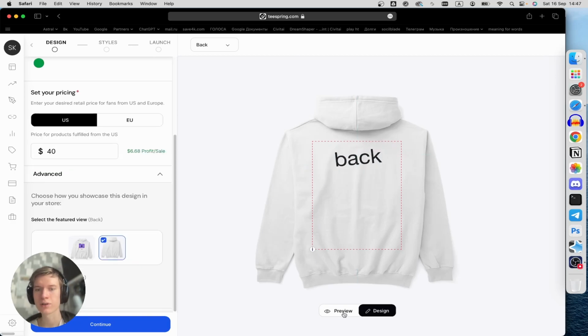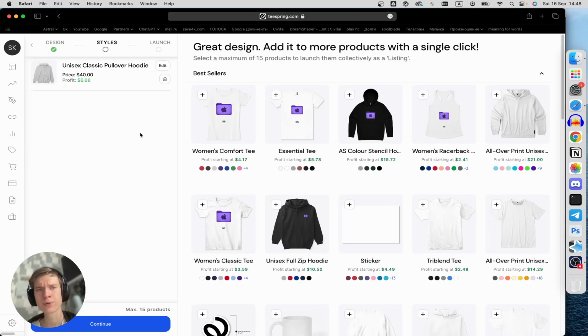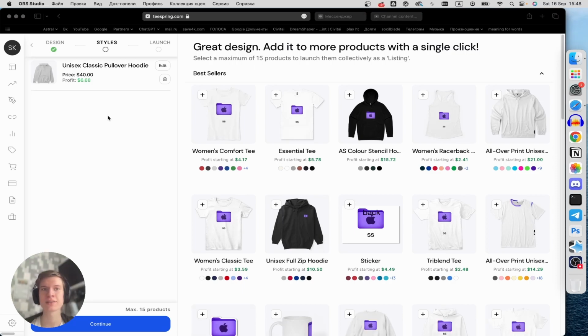Of course, now we can click on preview and design, and as you can see, the text will appear on your hoodie, on your back here. Okay, let's change it to front and click on the continue button, and here you can see all of your products in this list. On the next step, when you're on the styles, you can add it to more products with